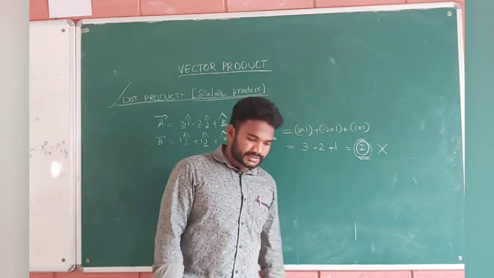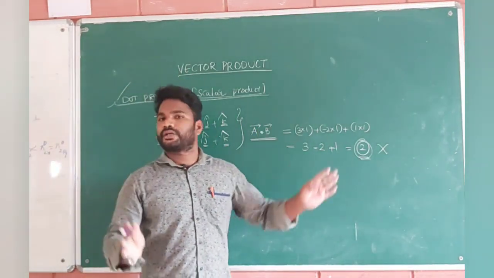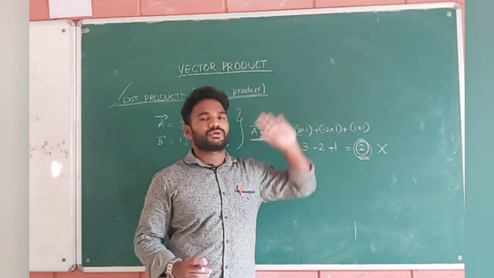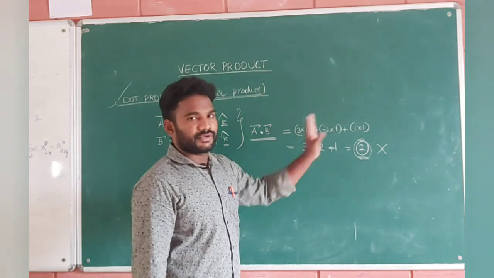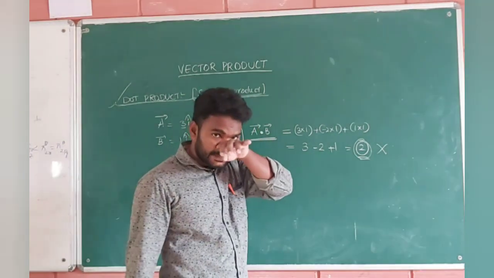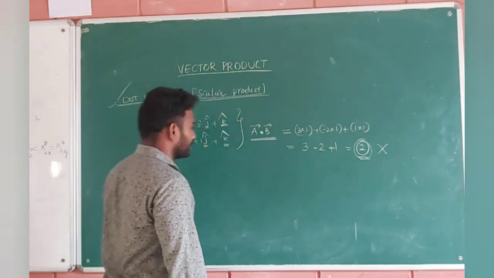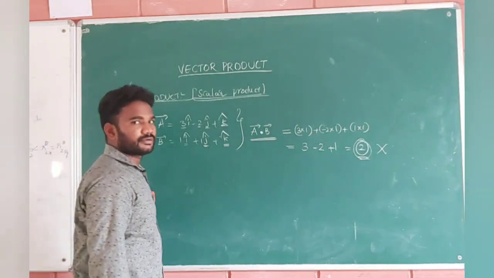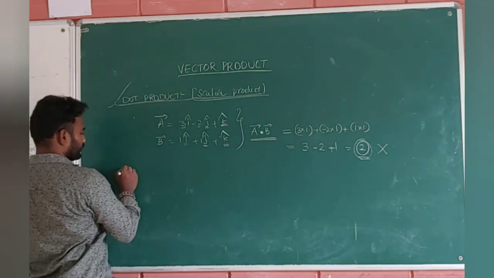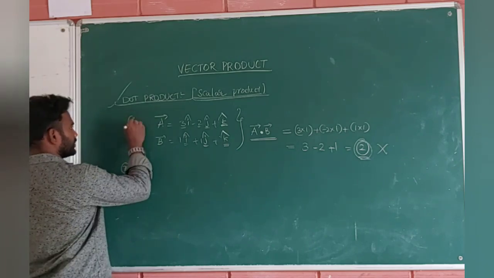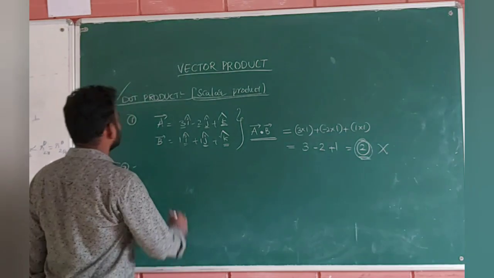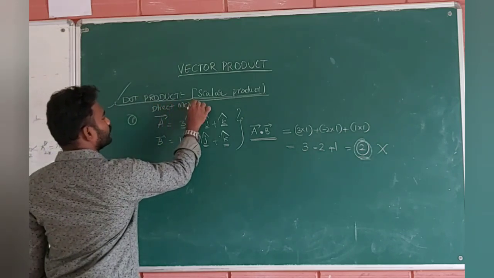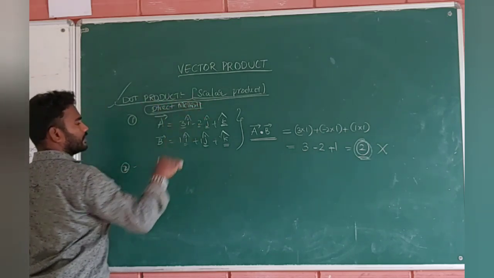I hope you understand. Whenever you multiply two vectors directly by using mathematics, you will get a number that is called the dot product, or vector product. Sorry, cross product. Yes or no, guys? Any doubts on this? This is the mathematical understanding of the vector product. Let me give one more example. This is the first problem. The second problem I can do directly. This is what is called the direct method of doing the dot product.